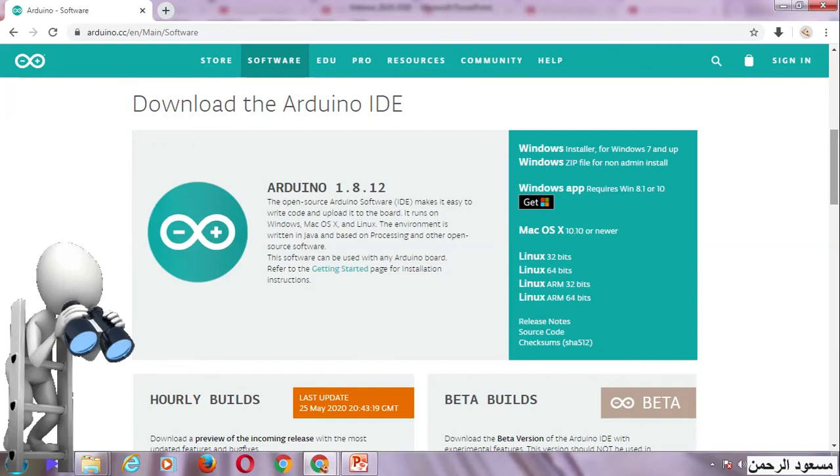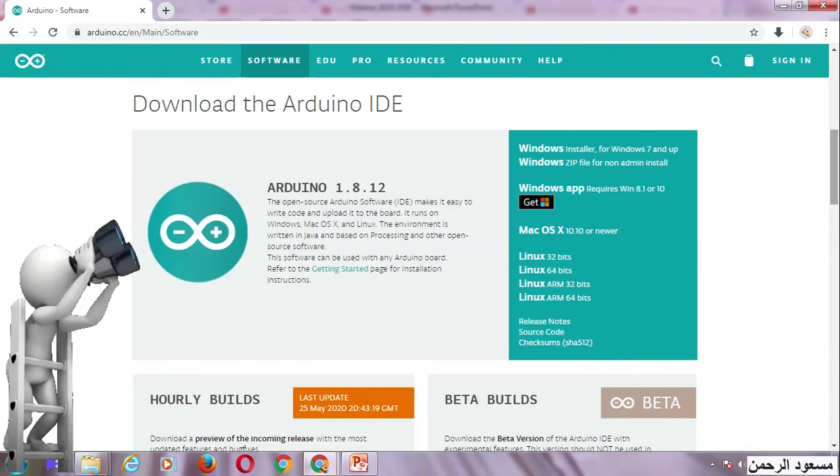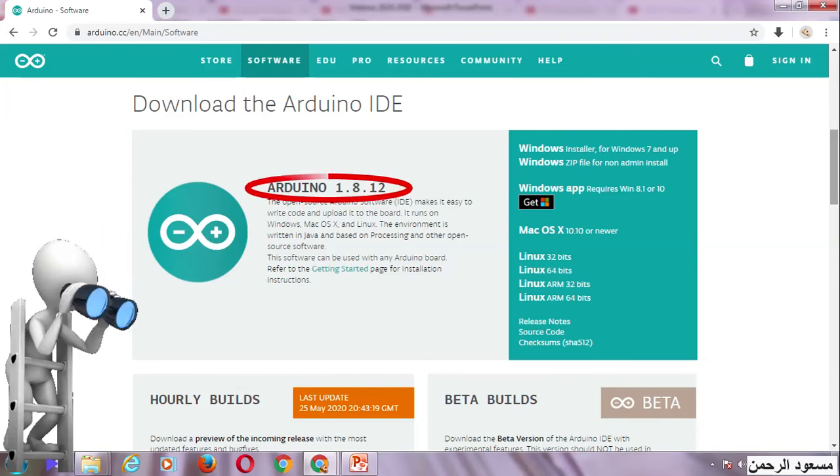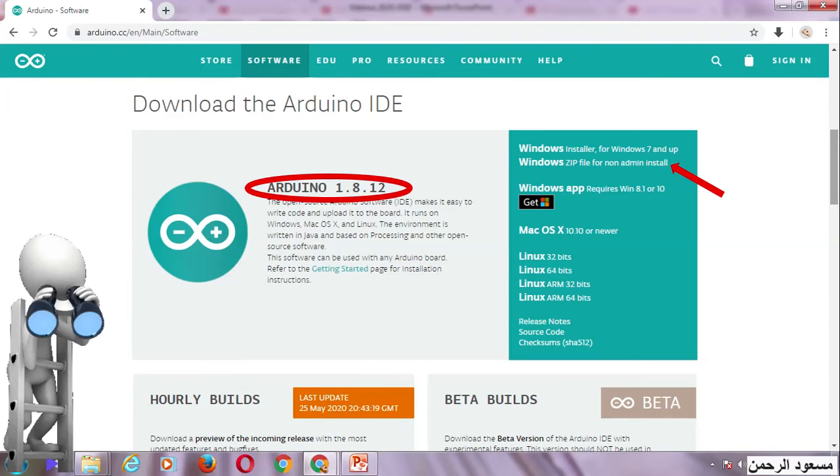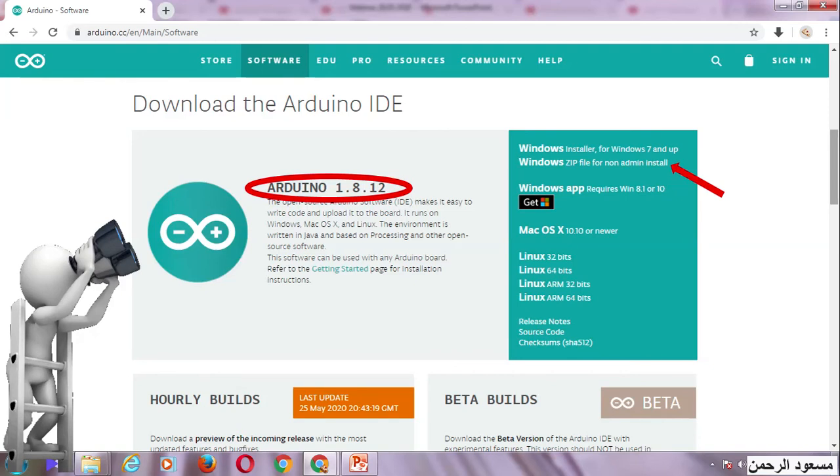So what you have to do is download this Arduino IDE software. There are various categories for download. The category for us is the zip file, the non-admin installer. So click the Windows zip file for non-admin install, if you are using the Windows operating system.